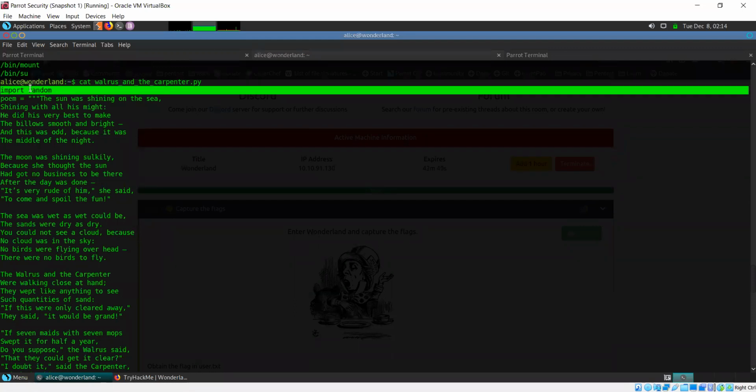It says import random. Now, not just in Python, but for any programming language, C, C++, Java, whatever you use, there are a lot of inbuilt libraries and inbuilt functions that come with the programming language.